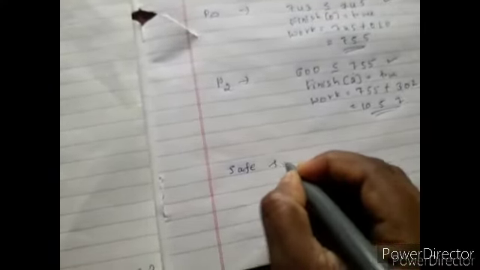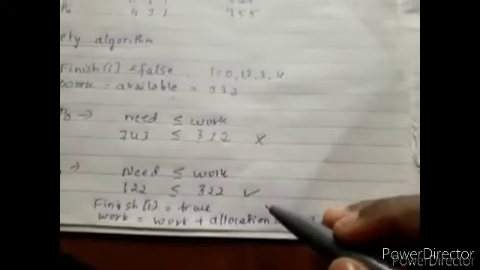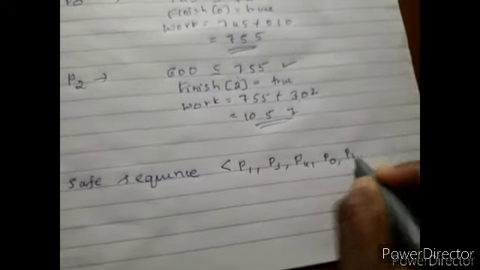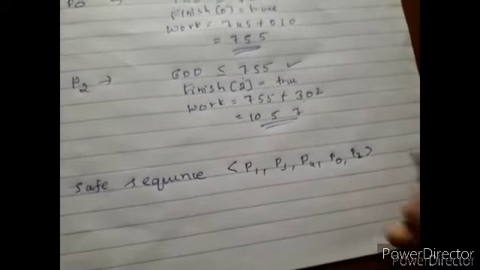So now we have completed with all the processes. Now we will write the safe sequence. All the processes completed their task. So then we can write the safe sequence. That is, which one is completed, which one got the resource first? P1. Next one we have process P3. Next one we have process P4. Next after P4, P0 and then P2. So this is a safe sequence.